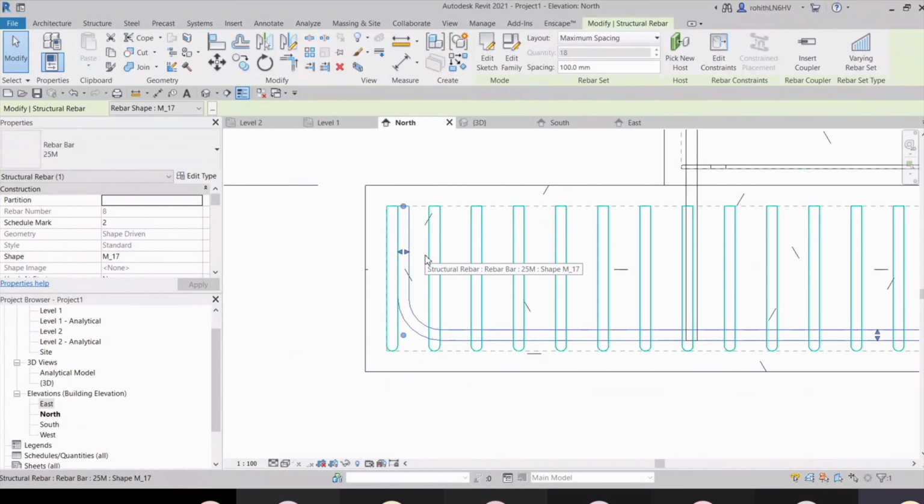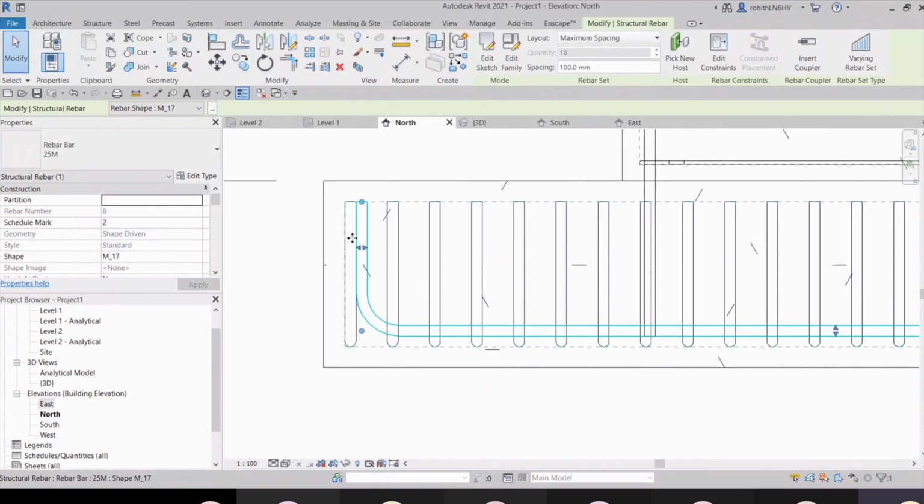Okay, you can do it. But it will not clash, because this one is from the front, and after a gap it is placed. So if you are placing from the gap, it will not clash. But if you are placing from that same cover, same plane, it will clash. So you have to place it from the gap.